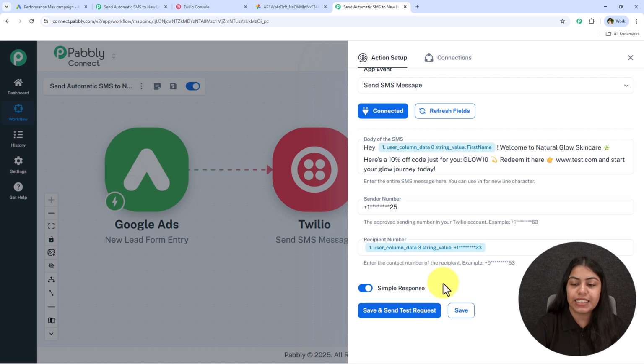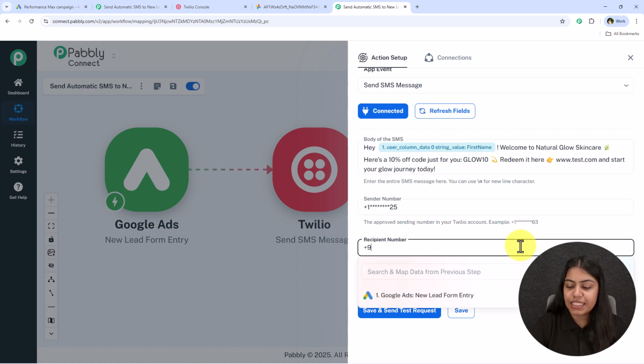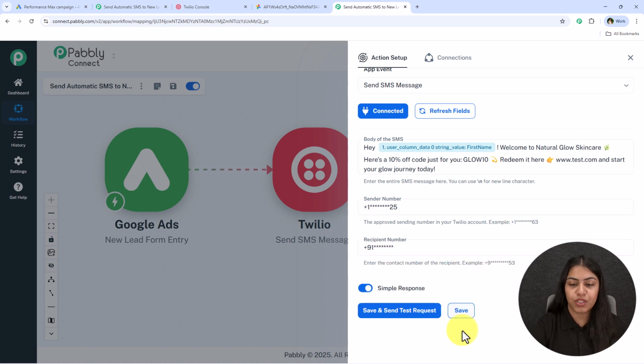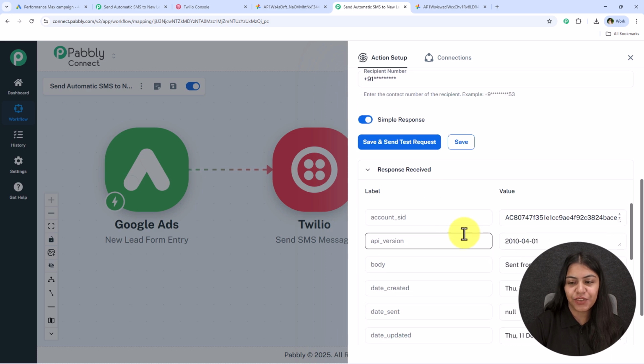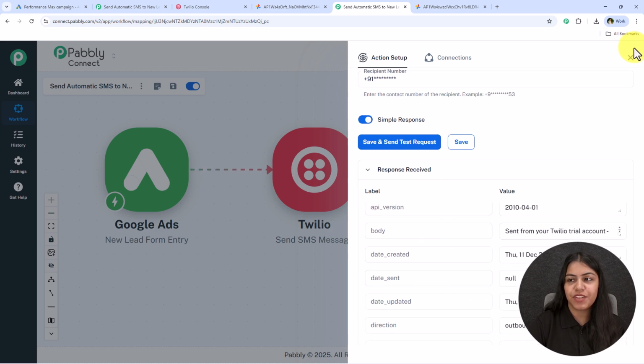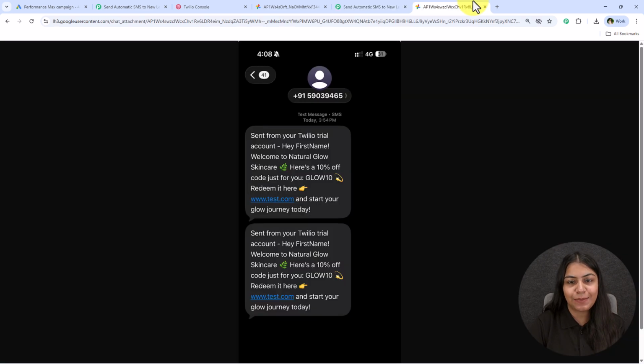But before we click on this save and send test request, I'll just replace this dummy phone number with my original phone number so that I can show the message and the response received. After replacing this, I'm going to click on this save and send test request. And once we're going to click on this save and send test request, you're going to see that we have received the positive response that we have successfully sent the SMS. And you're going to see that we have successfully received this new